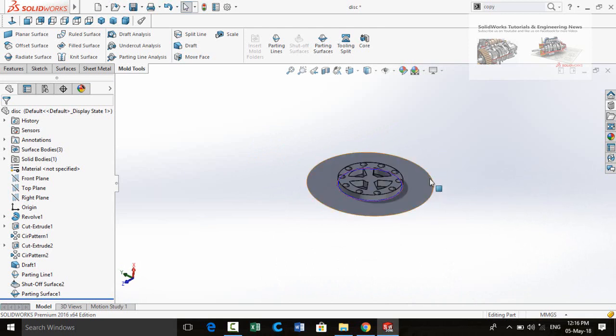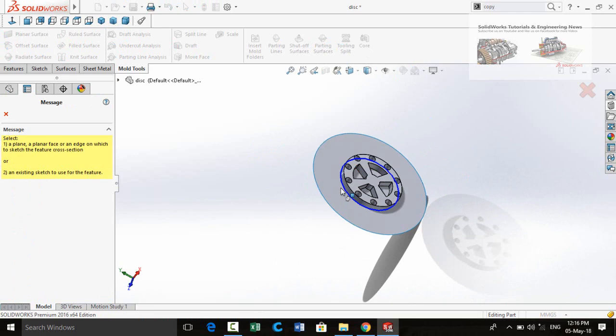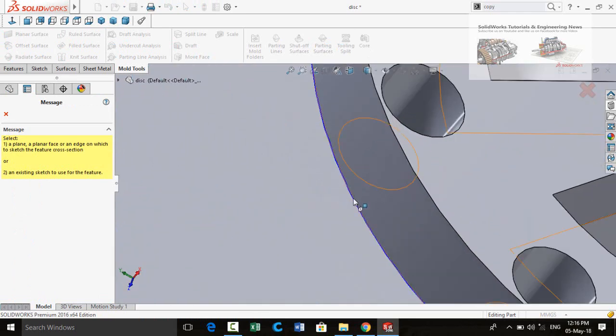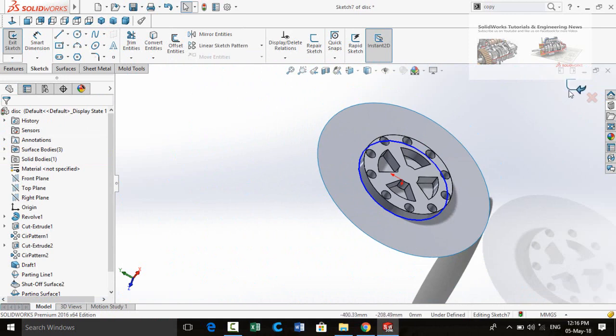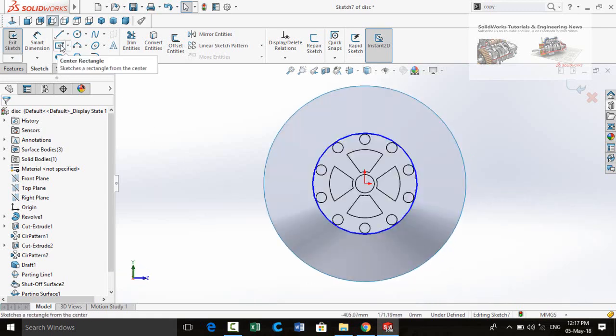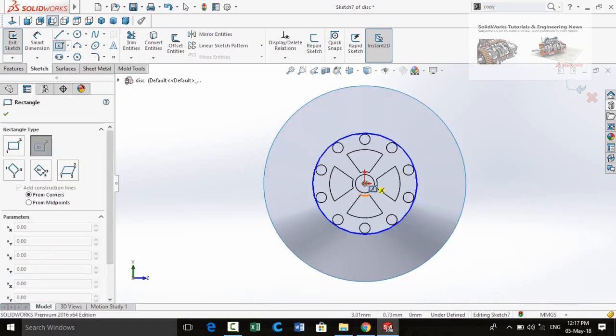For that, click on Tooling Split button here and then select this parting line. From here you can see the sketch mode has been automatically turned on. Then make normal to and draw a center rectangle and start it from origin.